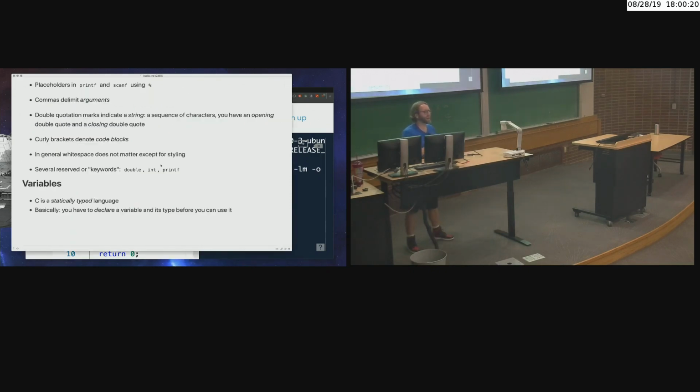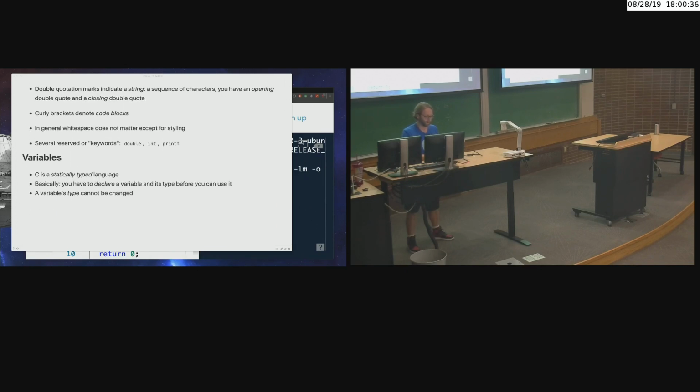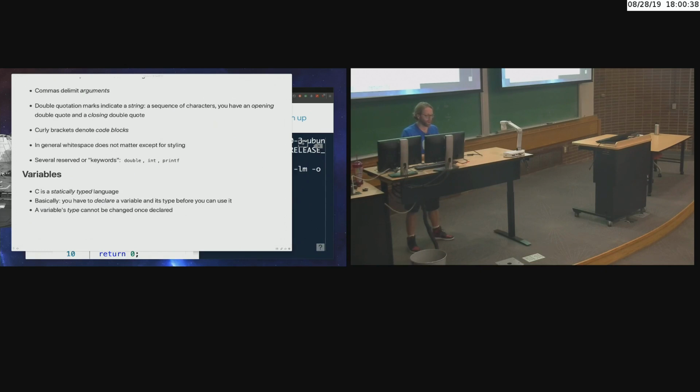So that's what statically typed means, that variables have to be declared, and they have a type, and only that type. Their type cannot be changed. A variable's type cannot be changed, right, once declared. If you've created it and you've made it into an integer, it will only ever be an integer. If you made it into a double, of course, a double, 10.5, it can hold 10.5. It can hold 10.0, but you're not changing it into an integer because you could go back and add 0.5 to it if you wanted to,